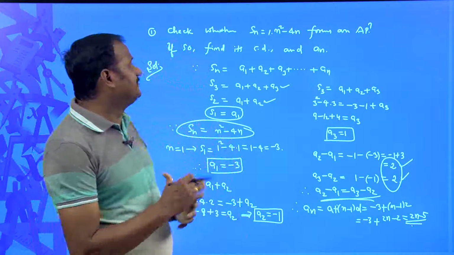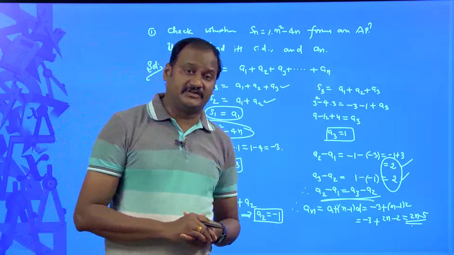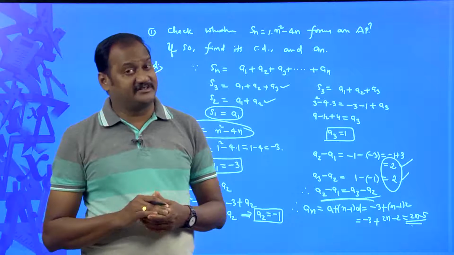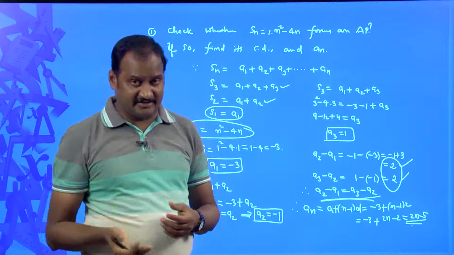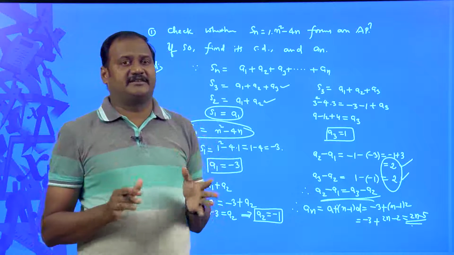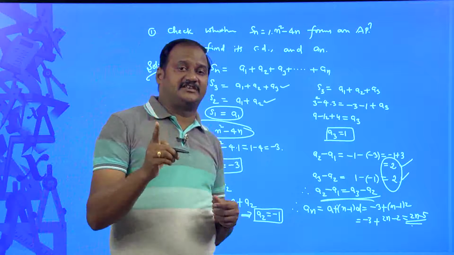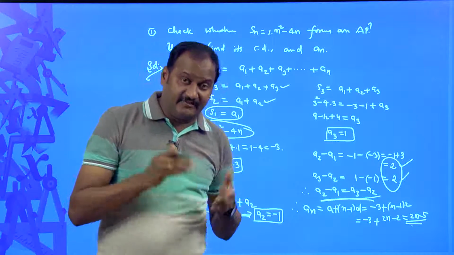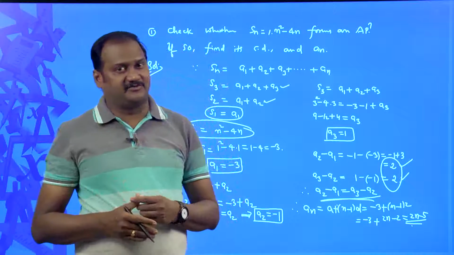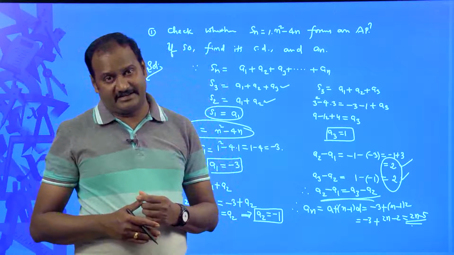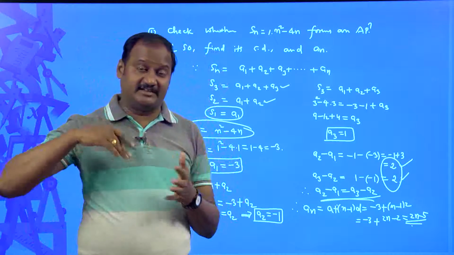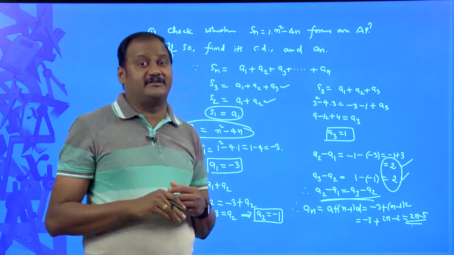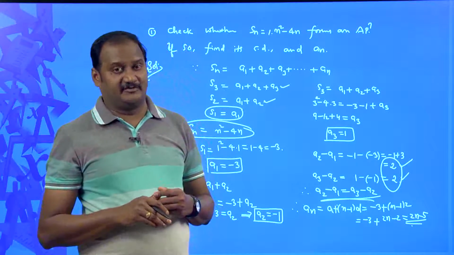Understand, this is the importance of the sum to n terms of an arithmetic progression. It is very easy and very important from our examination point of view as well as in competitive examinations. When you are given the sum to n terms, the very first thing is you need to check whether it forms an arithmetic progression or not. Every Sn may not be the Sn of an arithmetic progression. Hope you understand. Every Sn may not be the Sn of an AP, or every Tn or every an may not be the nth term of an arithmetic progression.